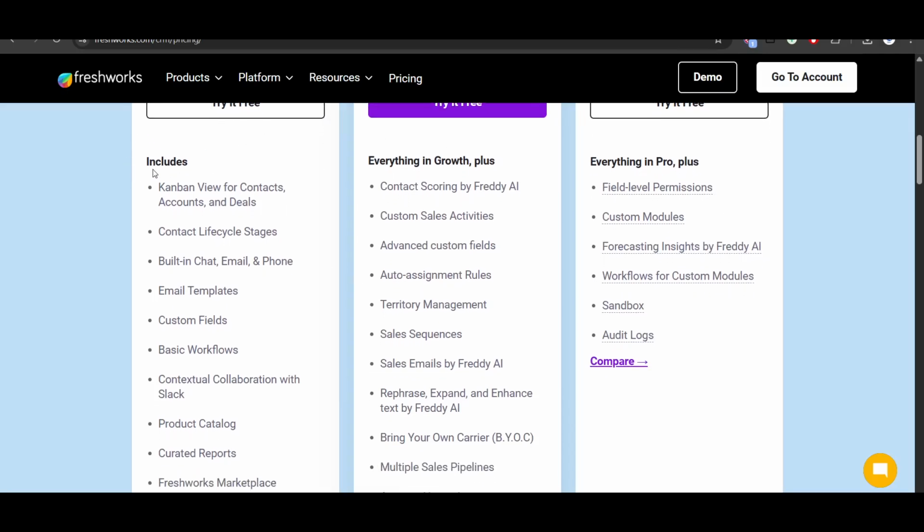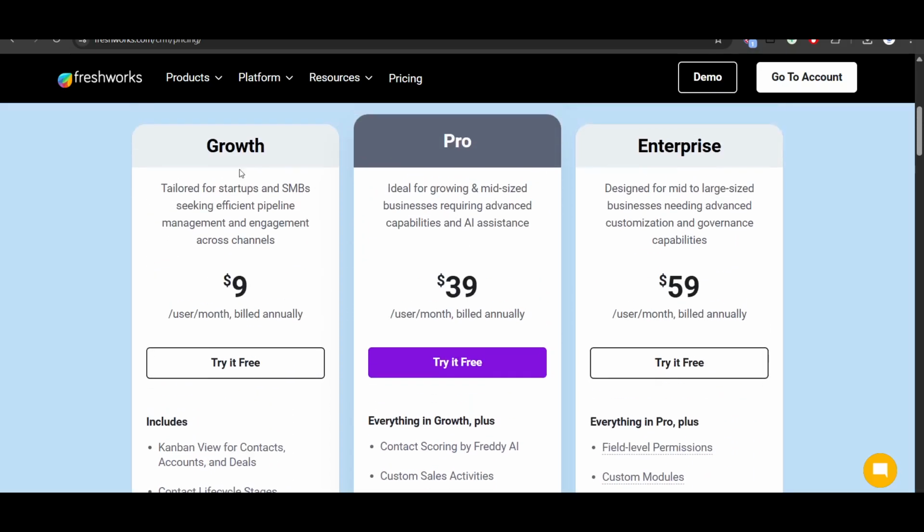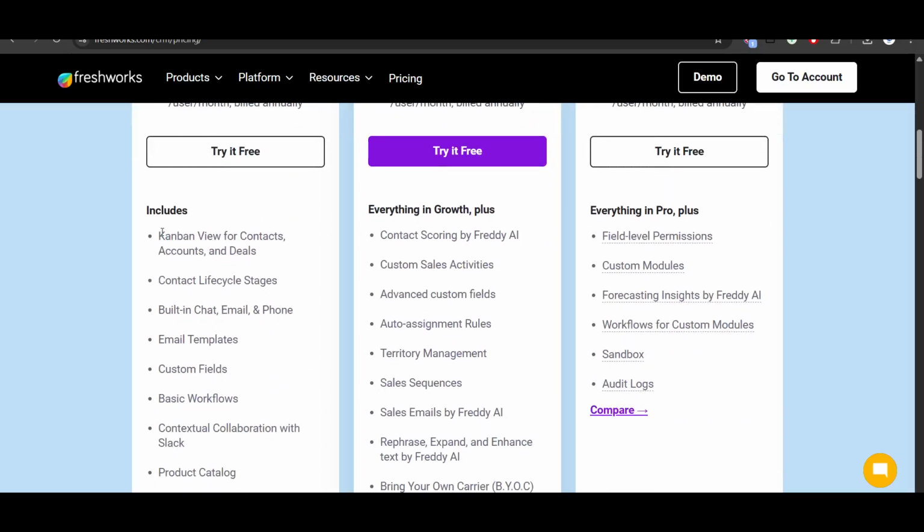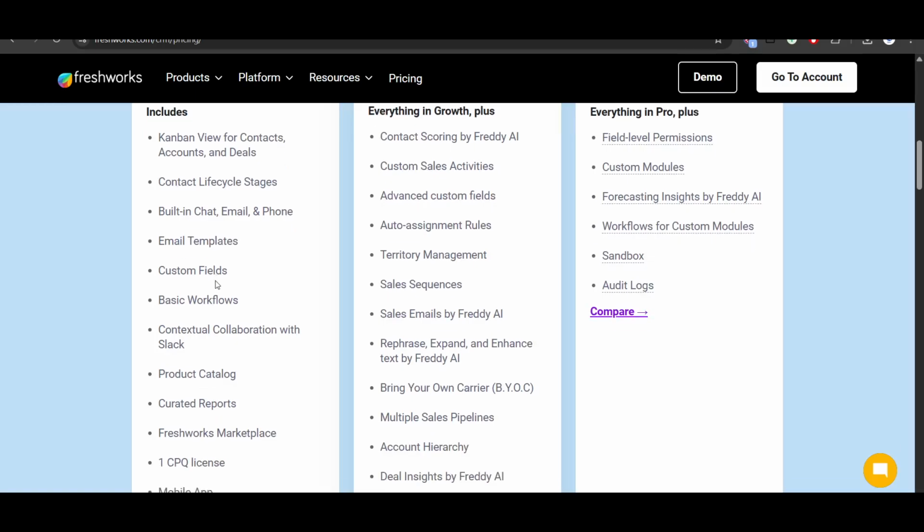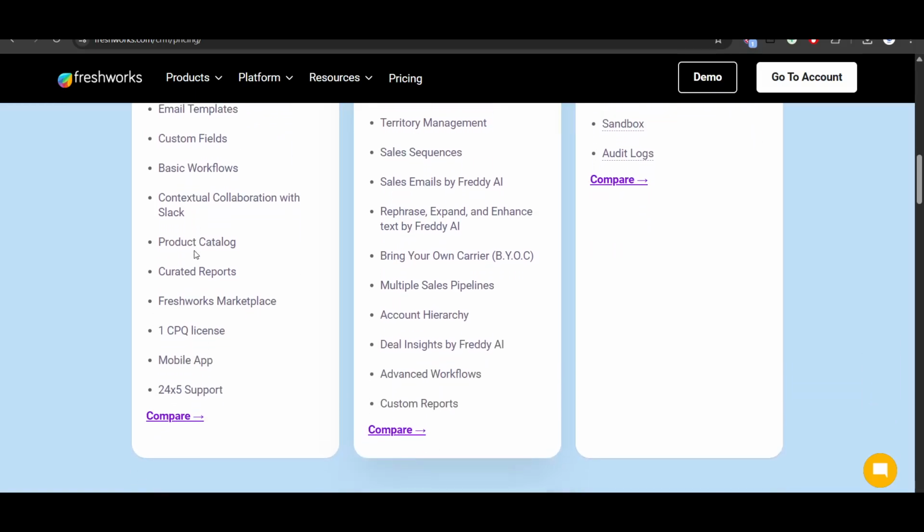So these are the things that are included in the free plan, but there is no such free plan in it because it comes with a 12-day trial period. Once you have consumed that trial period, then you have to buy the plan. Either you go with the growth plan, which is $9 monthly, billed annually, and then comes the pro plan that is for $39 and enterprise that is for $59. So it includes Kanban view for the contacts,